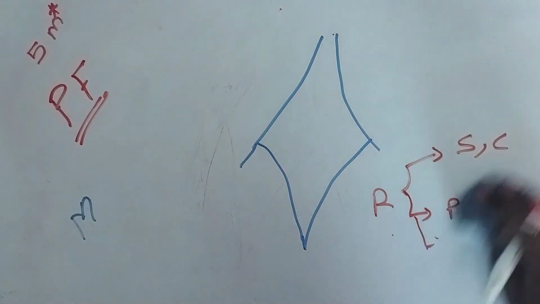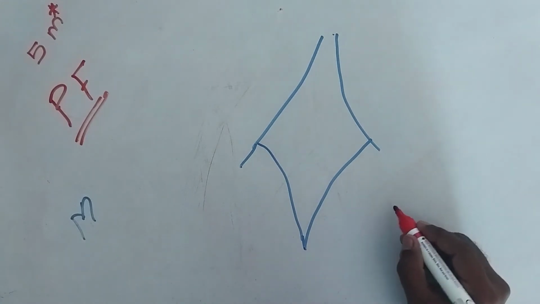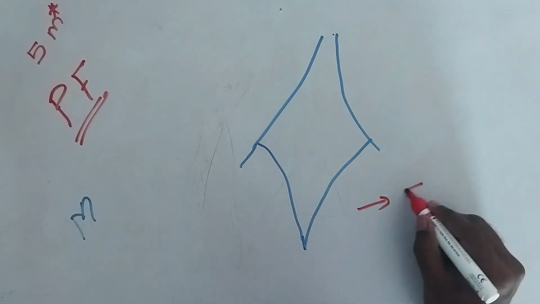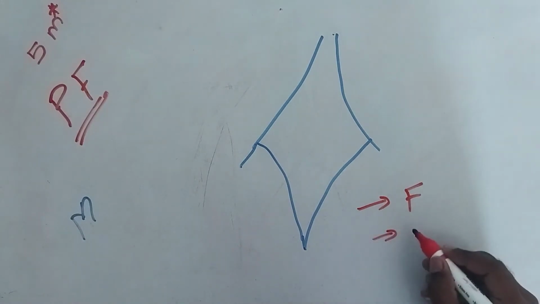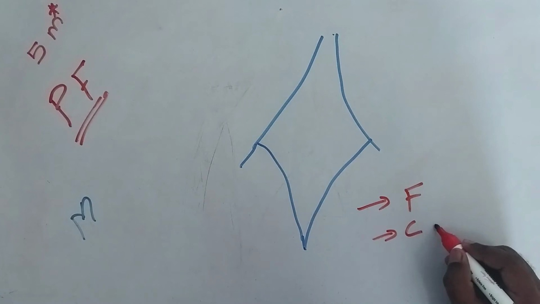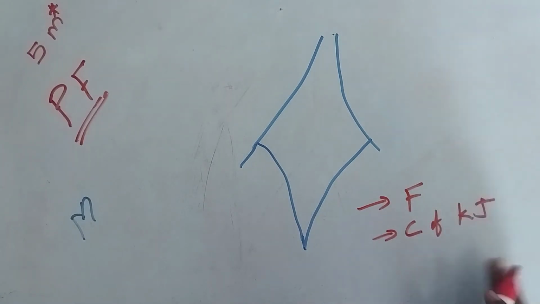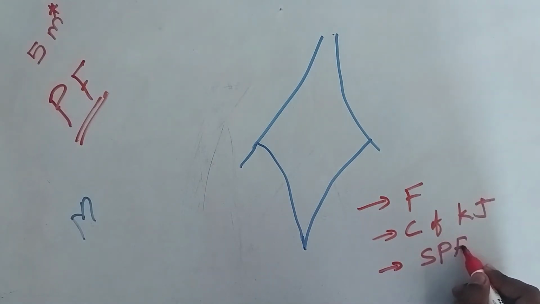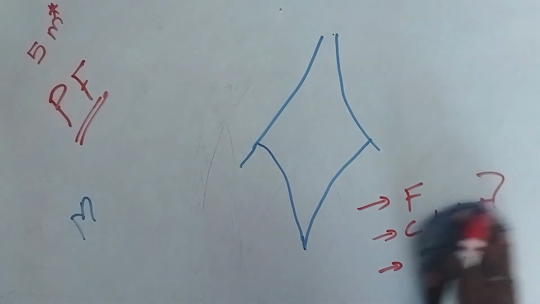Now coming to the floor of the popliteal fossa. The floor contains the popliteal surface of femur, the capsule of knee joint and oblique popliteal ligament, and the third one is the strong popliteal fascia covering the popliteus muscle. These are the structures related to the floor of the popliteal fossa.